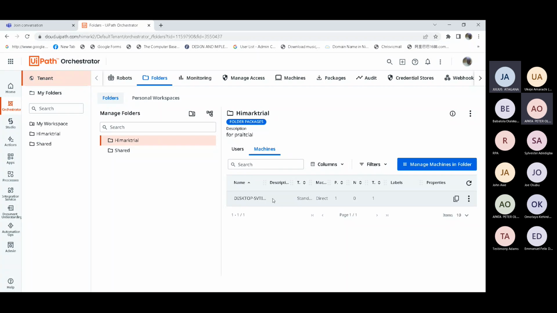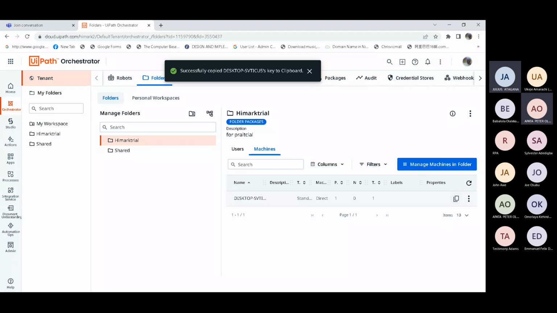So can you just copy the machine key? Okay. No. From come here, to the right hand side. Right hand side, you see two boxes. After the three dots, before the three dots, you see two boxes overlapping each other. Yeah. Okay, yes. That's how to copy the machine key. Even you could see the machine key, but I don't want to go deep to what you have done yet. So when you click on that, you have actually copied the machine key.